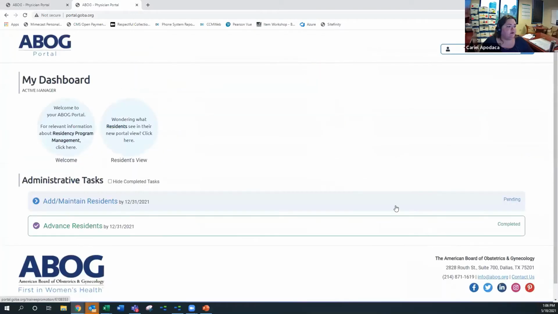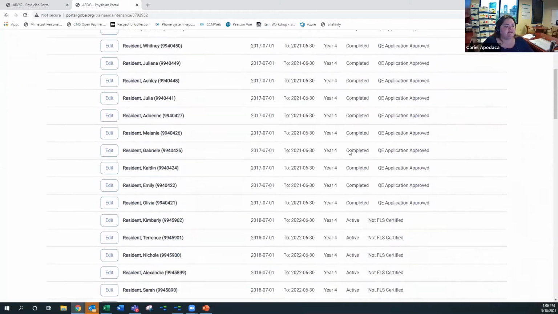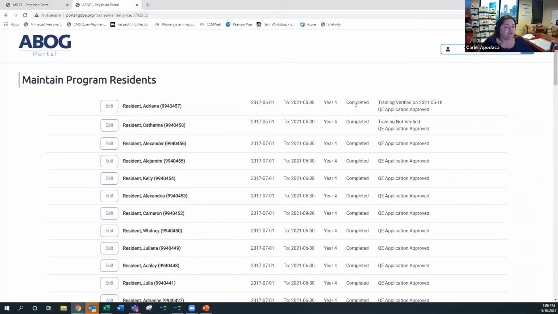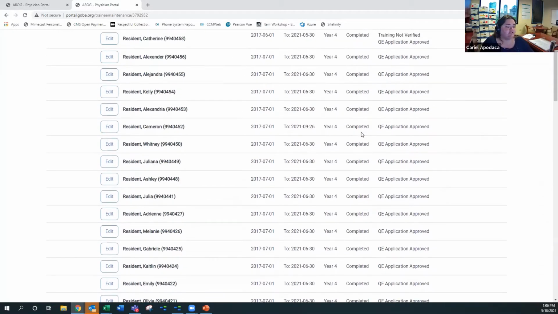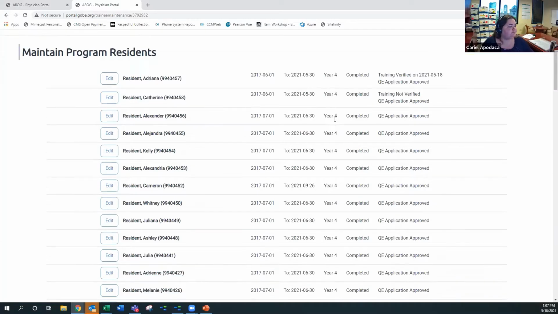And what happens then is when you go in here, you'll be able to see that they're marked now. Your year 4s have actually been changed to completed training. That's a little bit different than what it was before, but that way you can make sure that you know that they're no longer actually active in your program. They are now shown as completed. So it's important to make sure that you do that every year. What you'll find, unfortunately, is it may or may not have been done yet for the prior year. And so as you're going through these, if you have edits to make, please just email us and we'll make sure that those get taken care of for you.